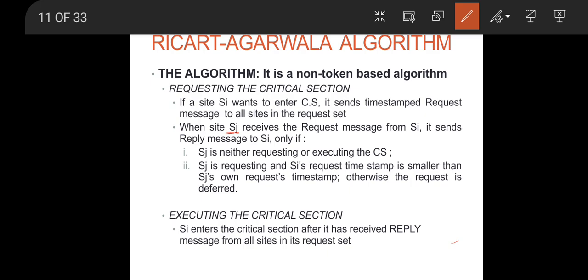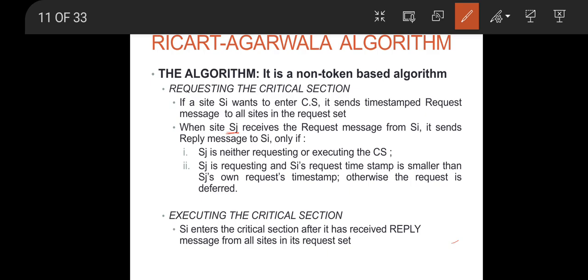Or, Sj is requesting the critical section with its own timestamp larger than that of the request message timestamp. So there can be two cases at the other site. When Si sends the request message, in Sj there can be two situations. One is that Sj is neither requesting nor executing the critical section; that is the simplest one. The second is that Sj also wants to enter the critical section, like for example S2 in the previous example. In that case, before sending the reply message,